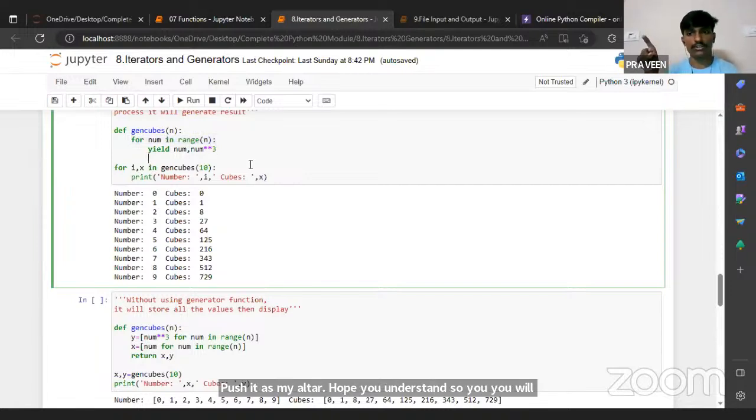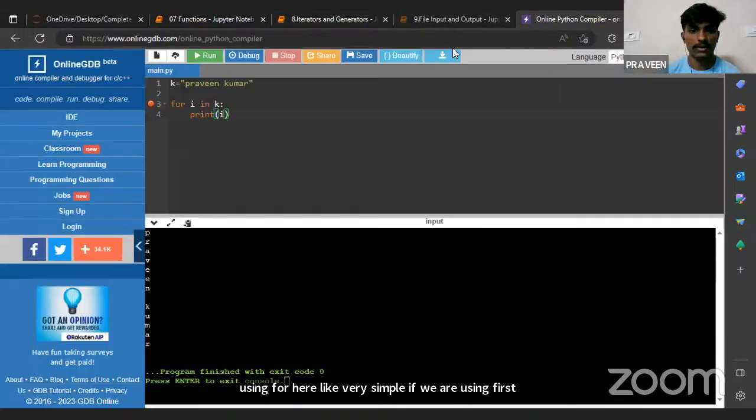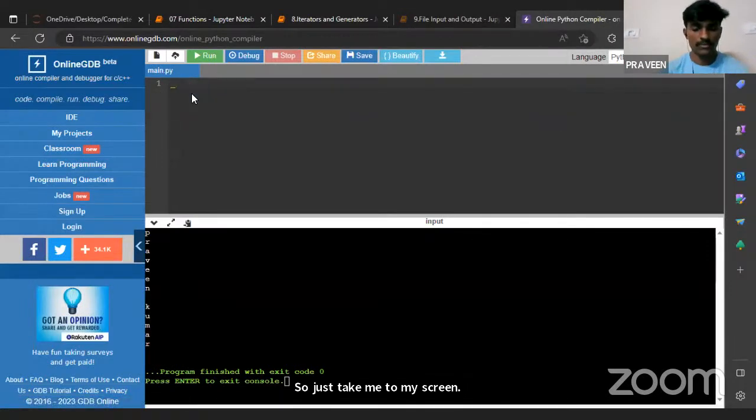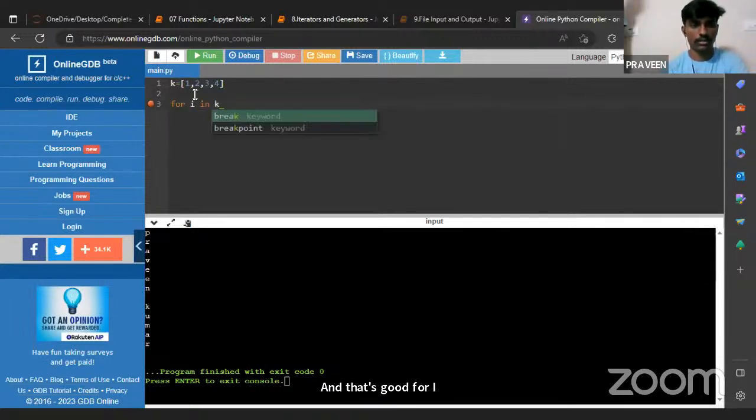For i in range, I can just give the output. But what happens if we are using a for statement? Very simple. So let me take you to my screen now. Let us take some random values here. k is equal to 1, 2, 3, 4, and let's see for i in k,